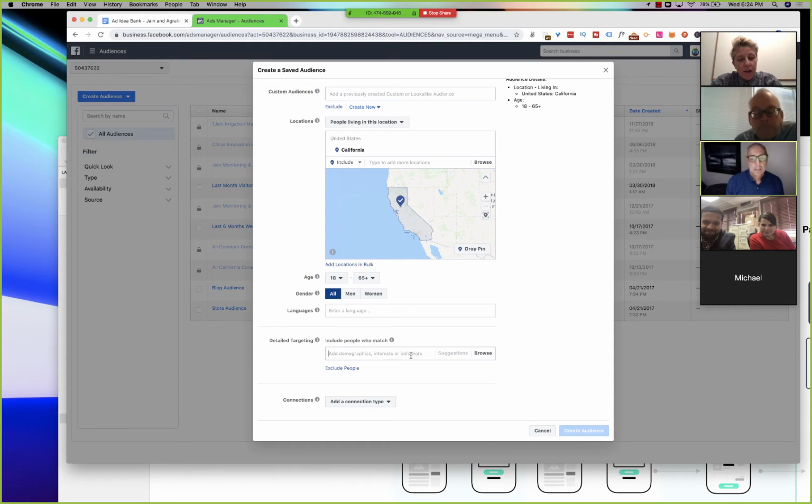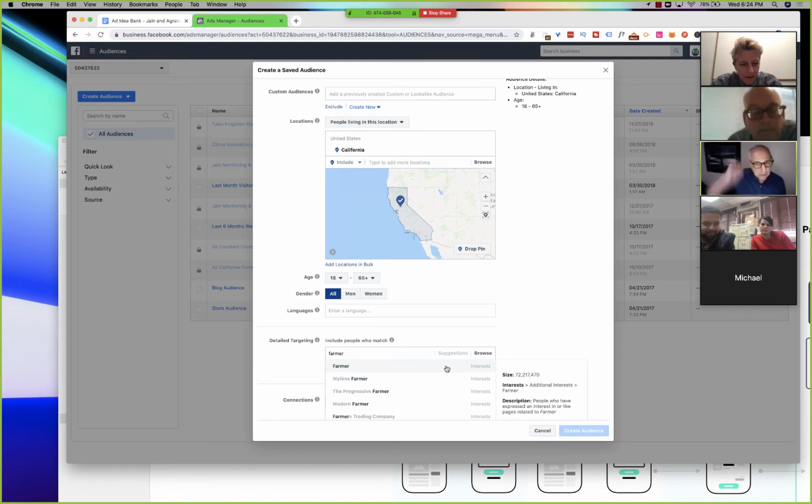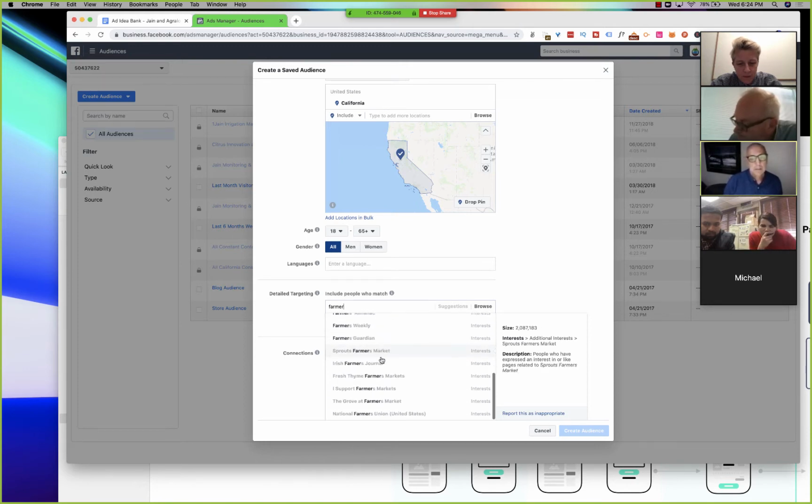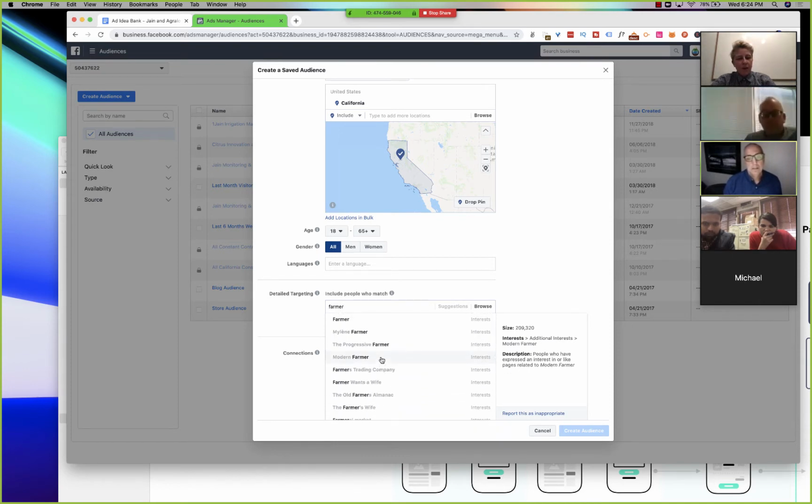We can play with the targeting here. So interests, this is where, and this takes a little bit of time, but you can sometimes basically approximate people based on their interests or their job titles. So we know if there are 72 million people in California who are interested in farming, or